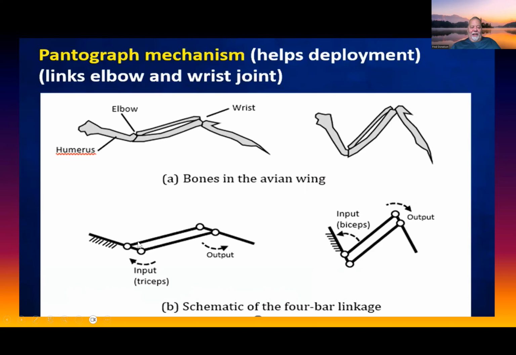So when they extend this with the tricep, when they pull together the tricep, it extends it, and this straightens out the wrist. But when they use the biceps and pull it this way, then it actually bends the wrist. So you have one motion connecting two different joints. Now, all of these are very, very complex things. They are not easy to make. In fact, people who are doing robotics are still wrestling with these, trying to make them nearly as efficient. And yet, in nature, they're just super efficient.